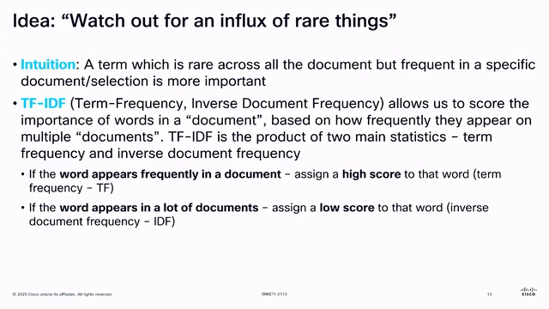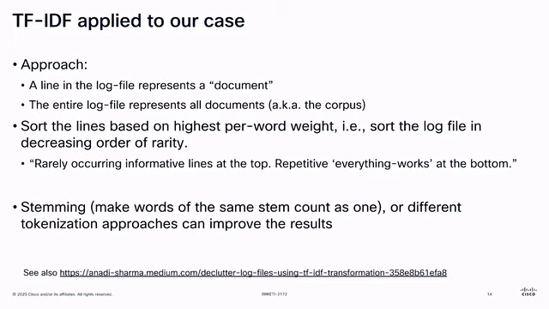So if we use TF-IDF on our particular document, that just means a log line in here represents our particular document, and the entire log file, so all the individual lines, represent our corpus. And then we use TF-IDF as a sorting metric. So the outcome of that is that rare log lines will bubble up to the top, and things that are frequently seen will sink down to the ground. So this "hey, I'm alive" line, repeated again and again, will sink down to the ground. This one thing that you only saw once will likely top out.